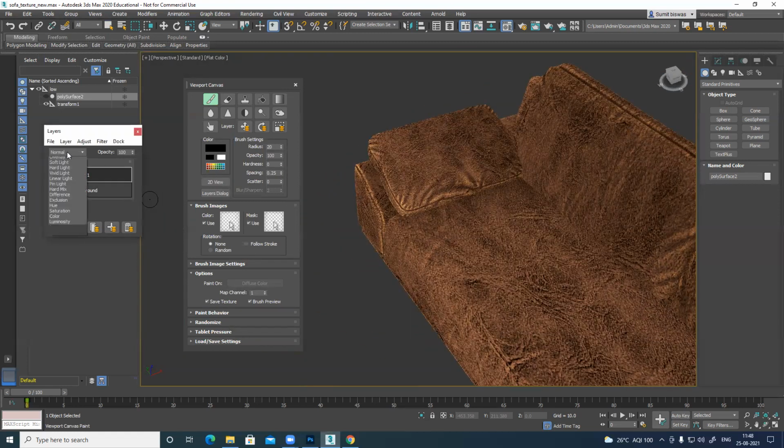You have blending modes, layers, brush, eraser, stamp, clone, all the options are there. But this is not very handy. This is for marking and all basic coloring. Suppose you want to add some design here and you want to have the exact same position. For those works, it's perfect. Otherwise, you cannot add a lot of detail here.